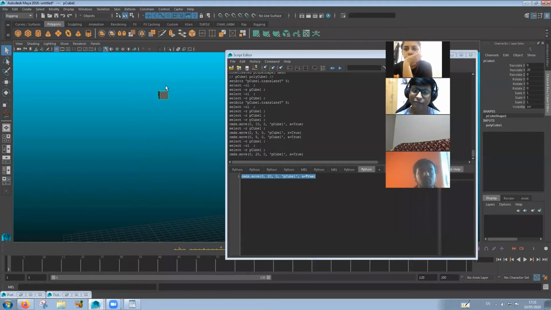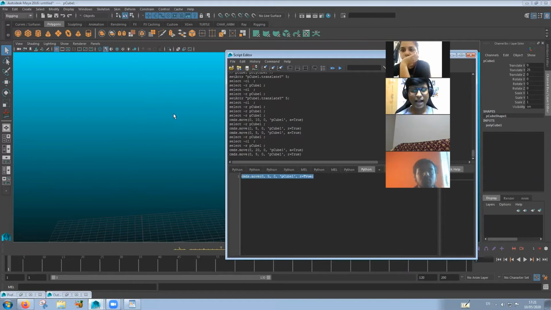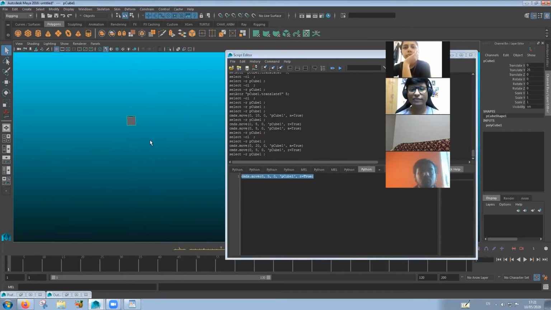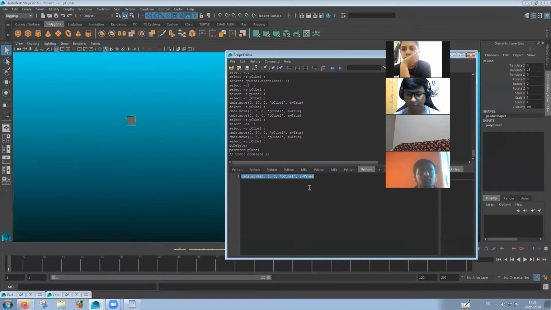And if we decide from there onwards we need just 5 more units, what I'm going to do is put 5 and set it to relative. Now the total value has become 25. So it has only moved 5 units onwards. That is a small example of what absolute values and relative values are.